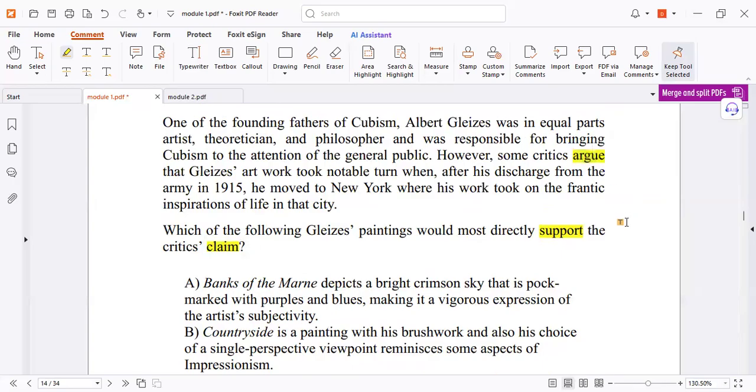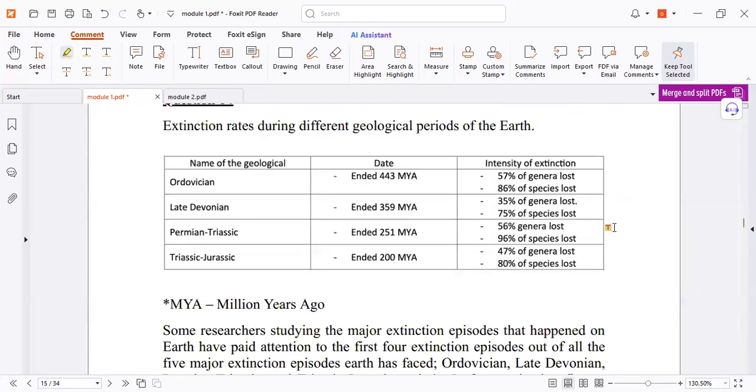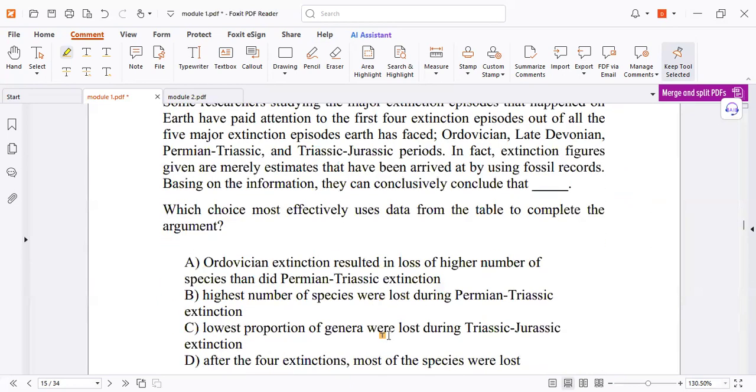For example, the job. Now, for the next one, I chose C. There is a voice, but no, C. Based on these facts here,